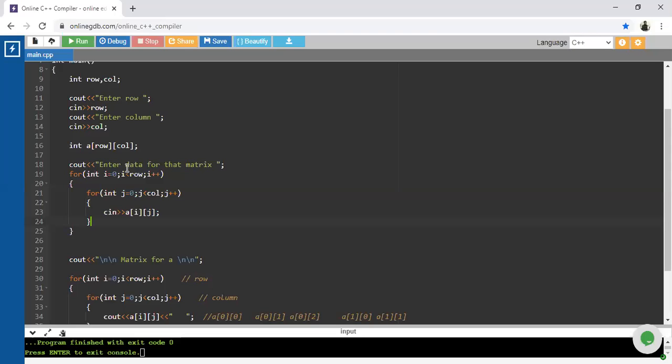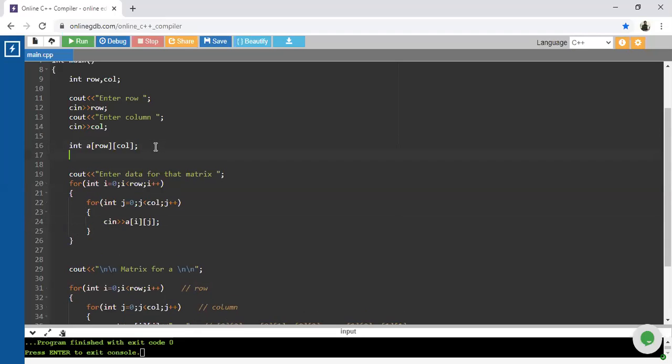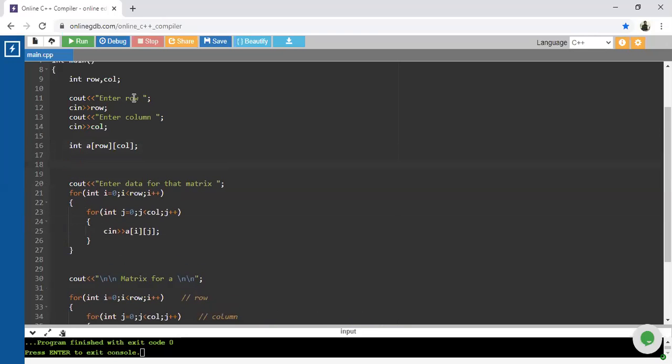Now I'll show you the actual demonstration. I will edit this code. How many rows do we want? Assume that we are going to perform the addition of A of 3 of 3 and B of 3 of 3. Here, from the user we are going to accept data in the form of row and column.